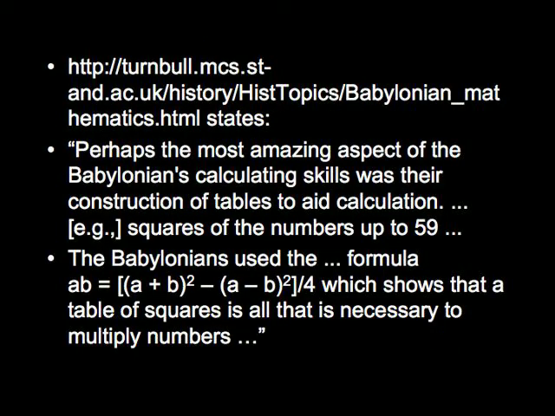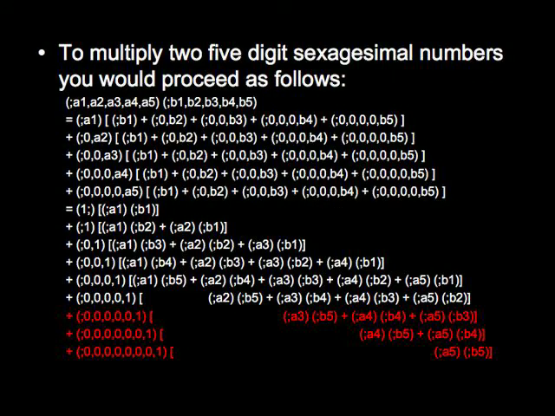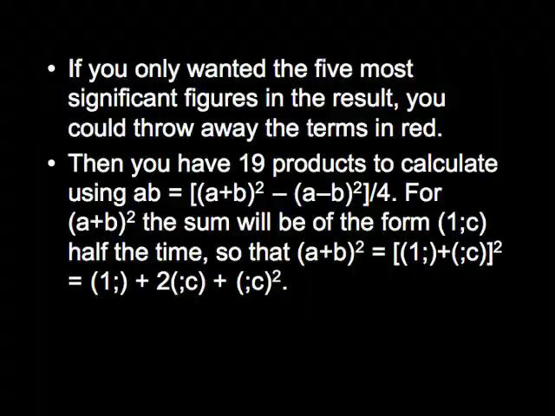Some historians don't believe the old Babylonians used counting boards. Rather, they used tables of squares and reciprocals and used formulas to do their calculations. So let's see how you would proceed using this method. Here you see the expansion of partial products of a product of two 5-digit sexagesimal numbers. You can throw away the insignificant terms that are in red, but you still have 19 products to calculate using